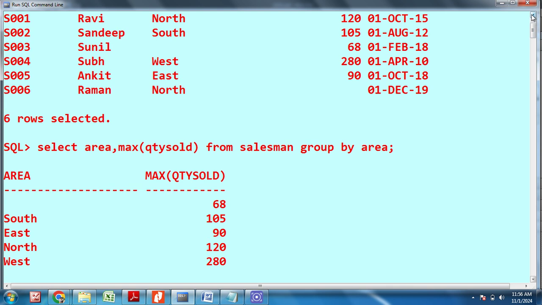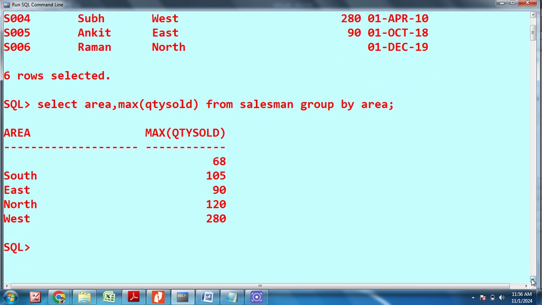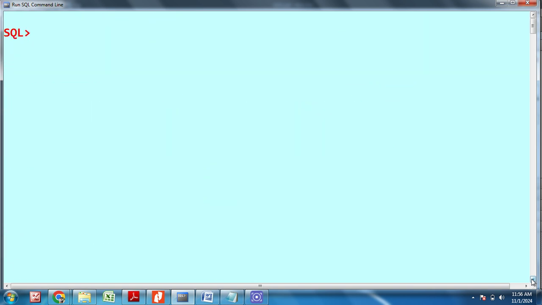We can see the table: in north we have two values sold, 120 and 90, but it is showing me only 120, not 90. North has one blank and one 120, so it is showing me 120. Now come to the next question.